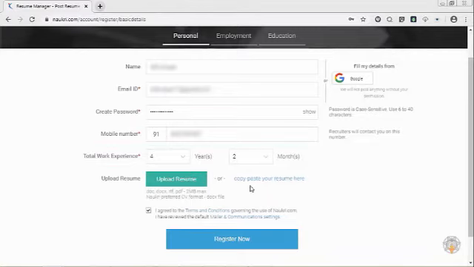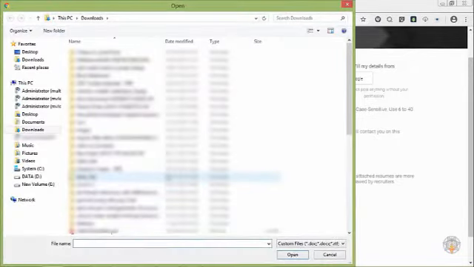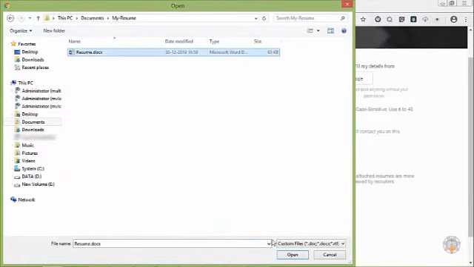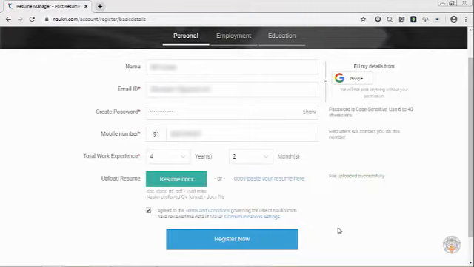There is an option to upload your resume to your profile. Click on the button to upload your detailed resume. Here, we will upload a resume which we have created using Word 2013. The open dialog box is displayed. Browse for the resume on your computer and then click Open. Your resume is now attached to your profile.